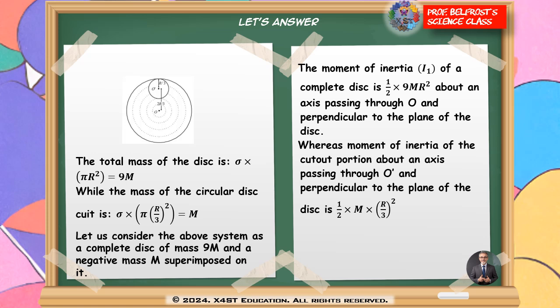Let's consider the above system as a complete disk of mass 9m and a negative mass m superimposed on it. So the moment of inertia I1 of the complete disk is half times 9m r squared about an axis passing through O